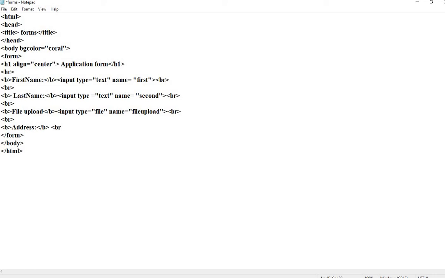Again a BR tag for proper spacing. For designing a large text box, the code used is textarea, with no space in it, then specifying its number of rows and the columns. Rows equals to, suppose, 5, for columns we are using cols,